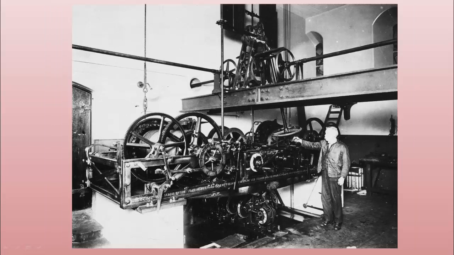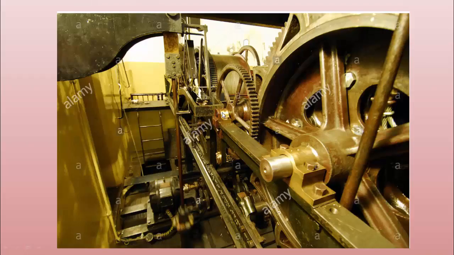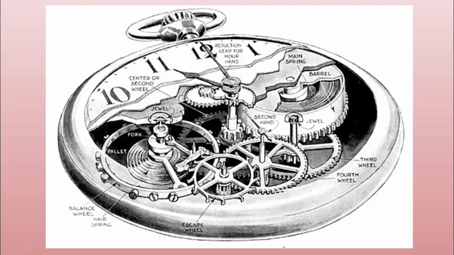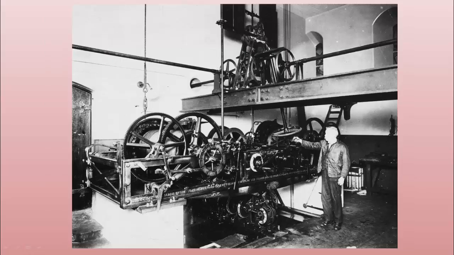But this example is that of Big Ben. Big Ben is a big clock which is present in London. So you can see the size of the gears that are used to drive this entire clock. This is another shot of the same internal working of Big Ben. In these photos also we see these big gears. Though they are very big, they are performing the same function that was performed by these gears. They are used to transmit the power and the RPM from the driving shaft to the driven shafts, which are the hands of the clock.